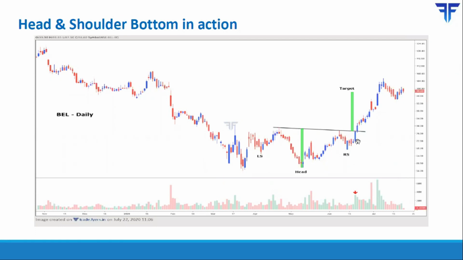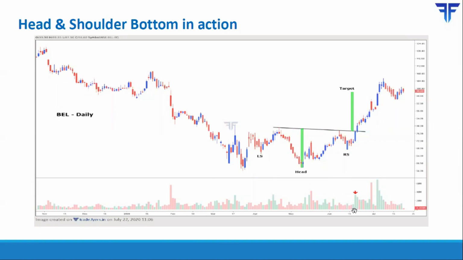You extend it forward. Once price broke above the neckline is the time to buy. And as you can see, there was a very nice expansion in volume also when the breakout occurred. So that was a very strong signal to be buying this security. The price objective of this pattern was this much, which is nothing but the vertical distance between the low of the head and the neckline, which is then added to the neckline. So the price objective of that pattern was this, which was achieved within a few days.